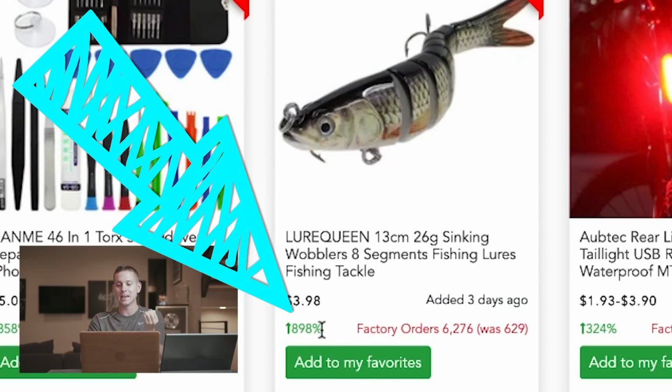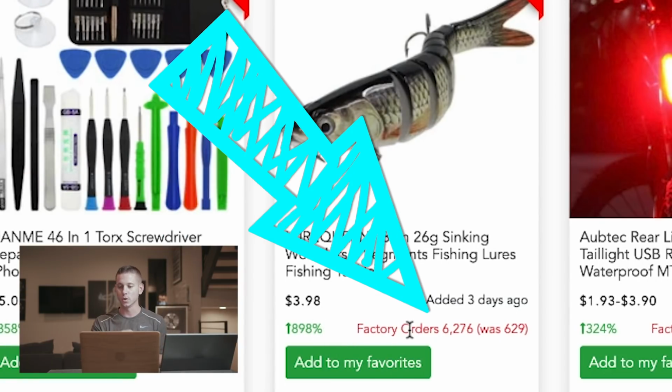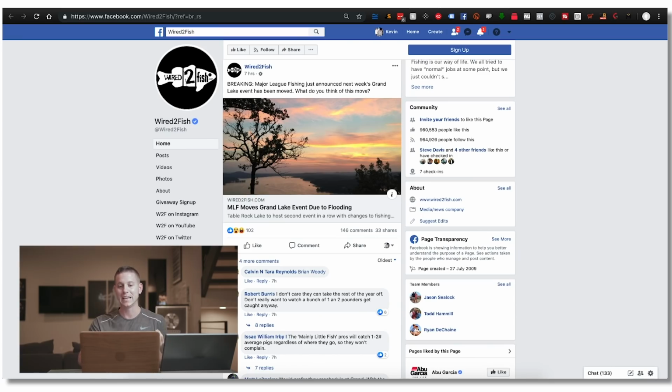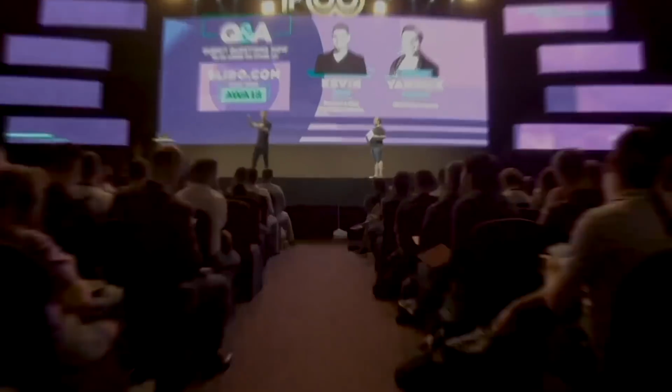And so literally all you have to do is take this product that we already know is viral. See 898% increase, right? 6,276 orders. And it's an interesting looking product. All you have to do is take it and go where the people who are already interested are. And then literally the only thing you have to do for zero ad cost to start getting sales today is